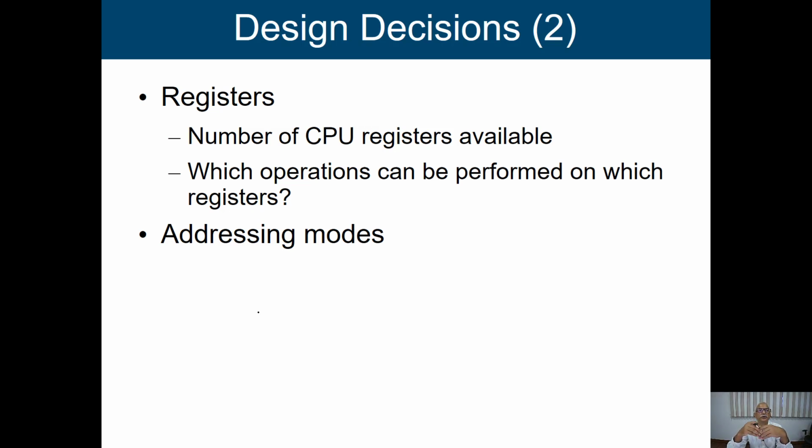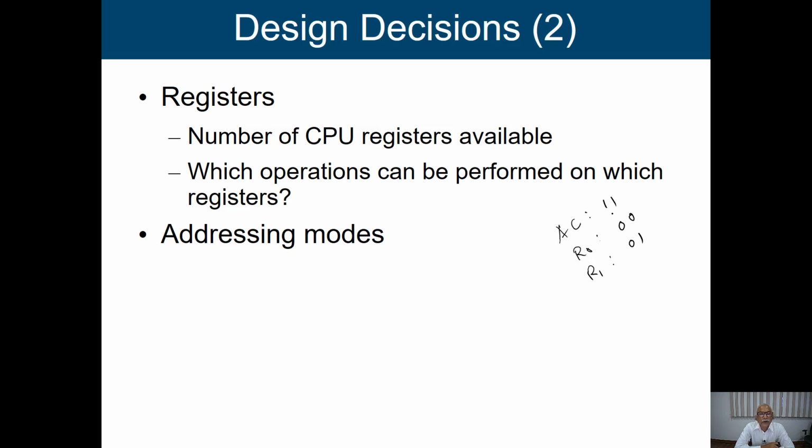Then another design decision is your registers, how many registers that you are going to keep in our processor. Already I have mentioned that in this particular example, if I am having 3 registers, say accumulator, R0 and R1, to identify those registers I need 2 bits of information. These are the 3 different possible combinations of bit patterns, and we say this is the binary encoding of these 3 registers. So if you are going to use more registers, then we need more bits to identify those particular registers. This is one issue.